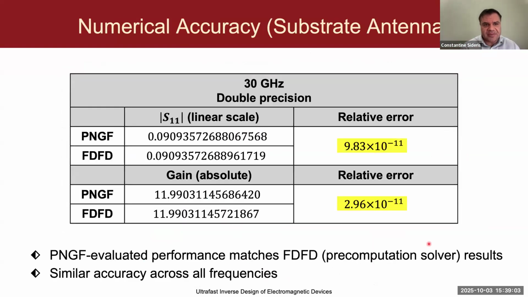To be a little bit more quantitative in terms of the predicted objective function parameters by the PNGF method versus the solver used, the finite difference frequency domain solver used to do the precomputation. If we take the final design that we optimized and we look at PNGF's prediction based on the tile flips that we did, versus if we just put that EM design with the material parameters into our EM solver, these are the S11s and the gains. You could see that the relative error between the two matched to more than 10 digits of accuracy. So there is no uncertainty in terms of we give it some possible input and you potentially get the wrong output as compared with a full wave electromagnetic solver.